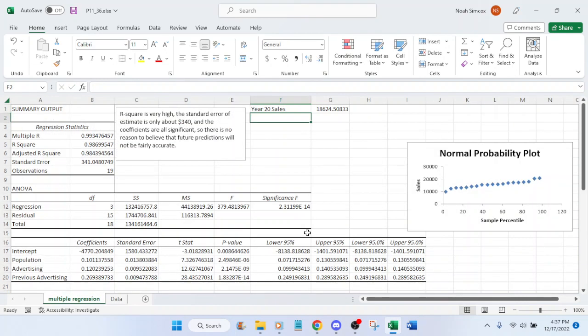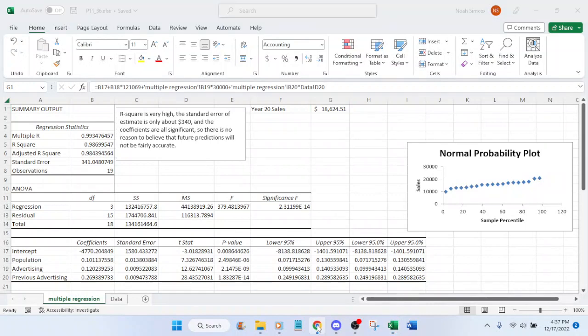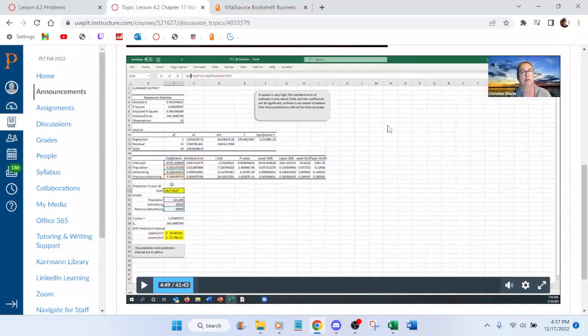That's it. We're done. We got 18, 6, 24, 51. The coefficient plus the $124. 18, 6, 24, 51. Then we get